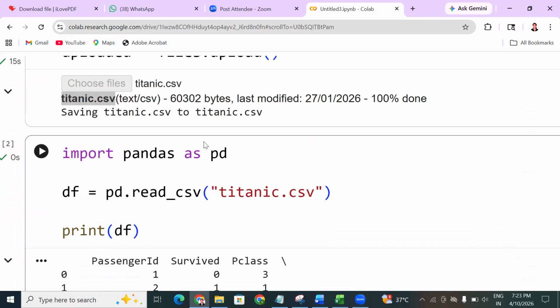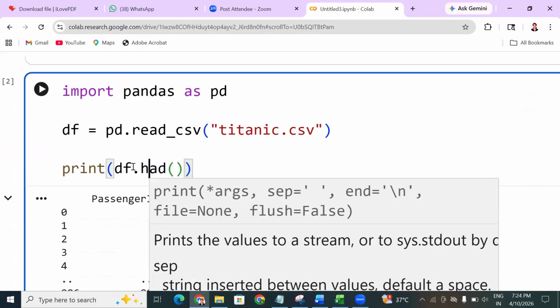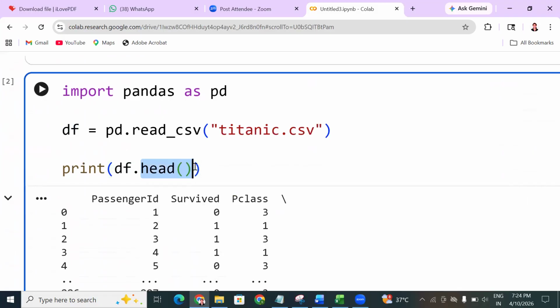So we need to understand this data set, the columns. So just give the head. What is the head, guys? Head is the